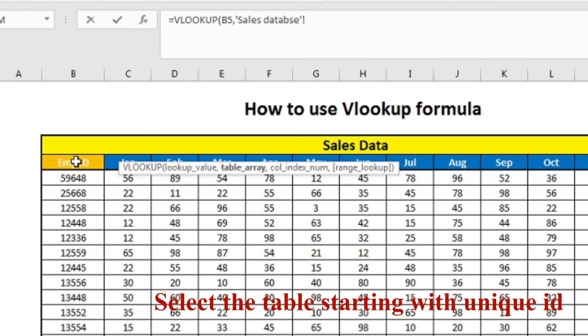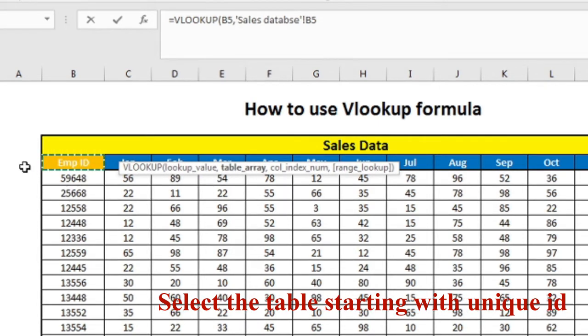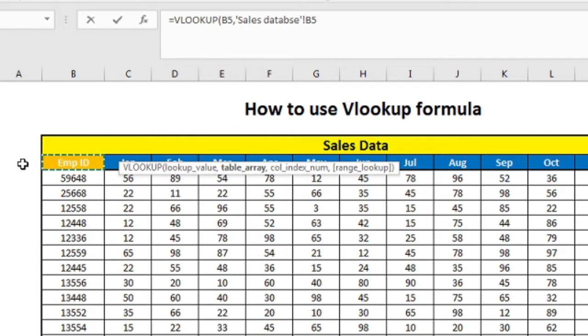Now we need to make sure that we are selecting a database from the unique ID lookup value which we have selected earlier. If a serial number is mentioned over here, we will not select the database from the serial number. The table array will not be selected from this particular cell, even if the serial number is appearing over here. We'll select from the employee ID which we have taken as the lookup value.